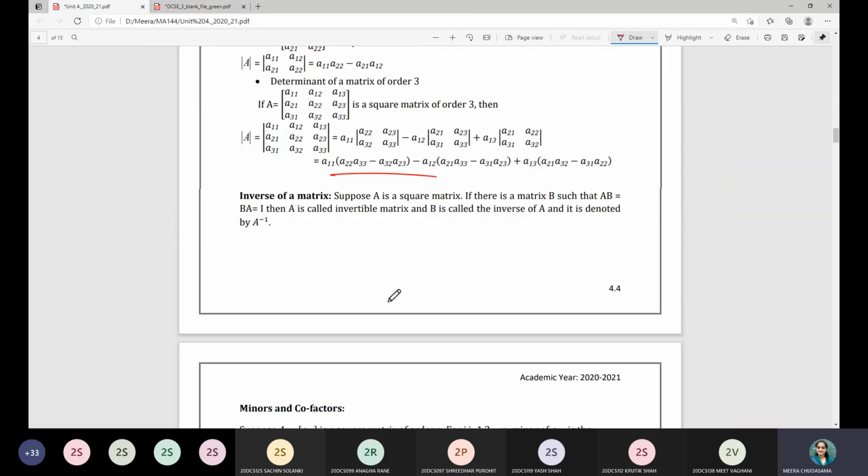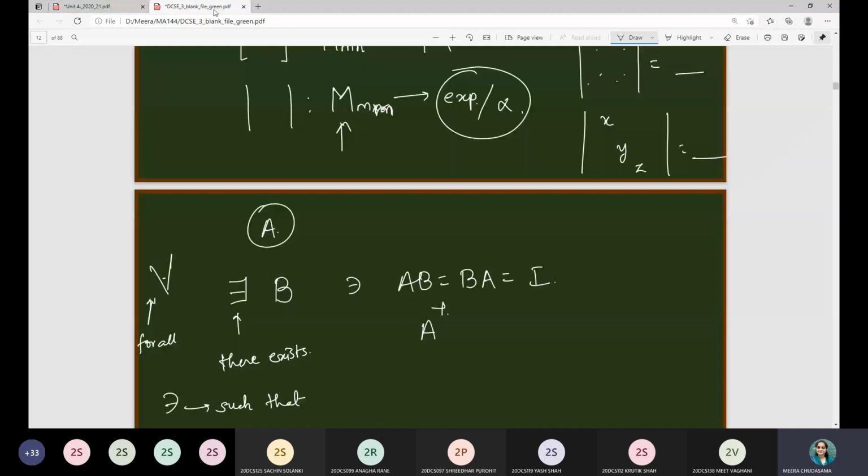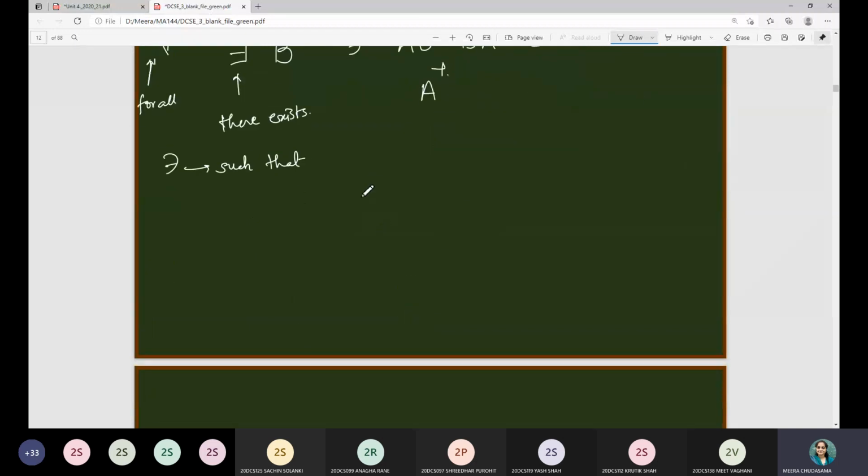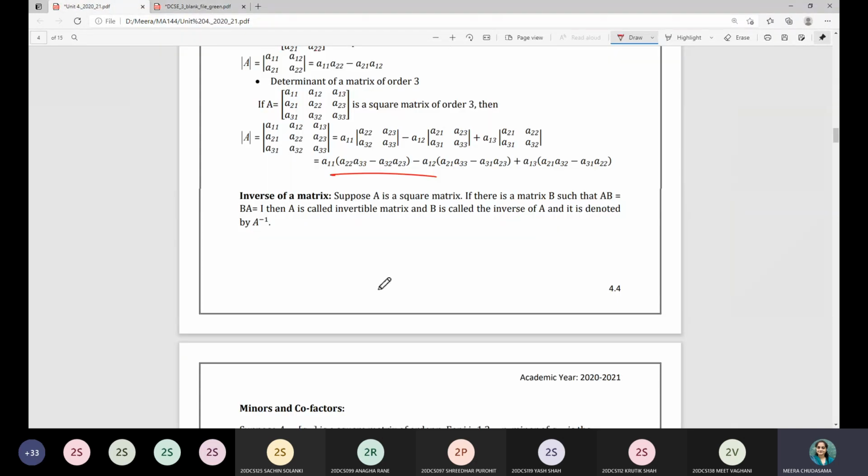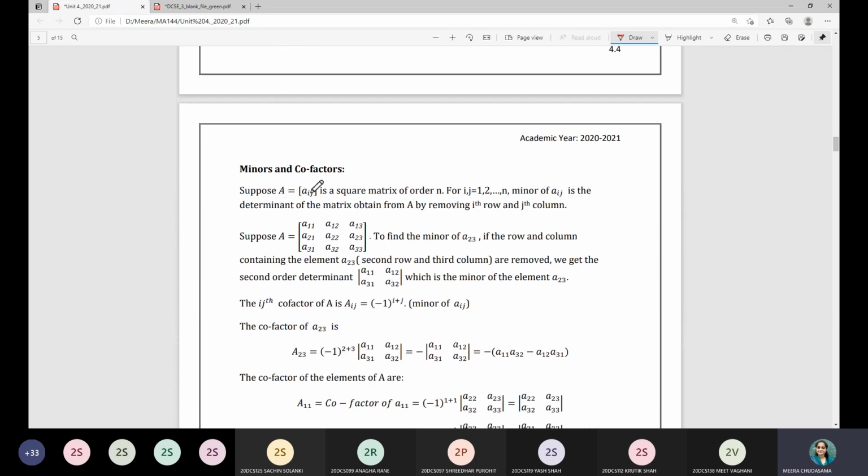And once you have the notion of inverse, we must have minors and cofactors, right? So in that case, let me consider here, suppose A_ij is the given matrix for i equal to 1 to n. Of course, from now onwards, whatever matrices we deal with, we will consider all matrices as square matrices. So in this case, suppose I want to find the minor of A12. I have to delete the corresponding row and column, and the determinant of the remaining submatrix will be nothing but the minor of that corresponding entry.